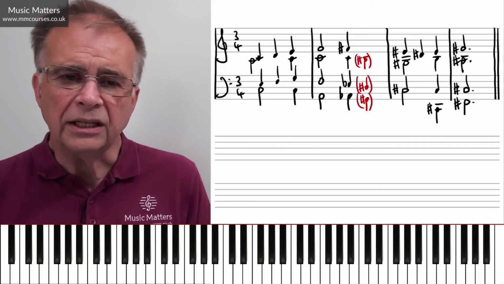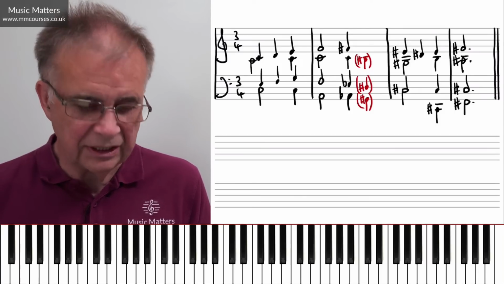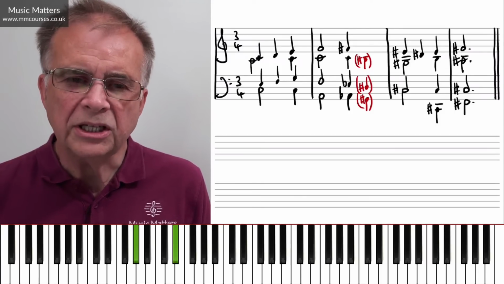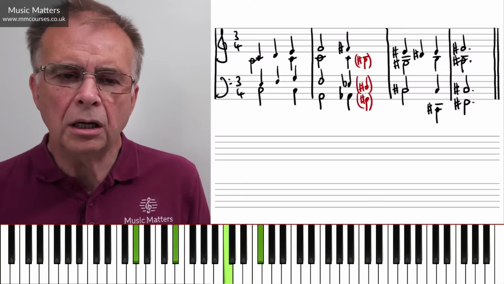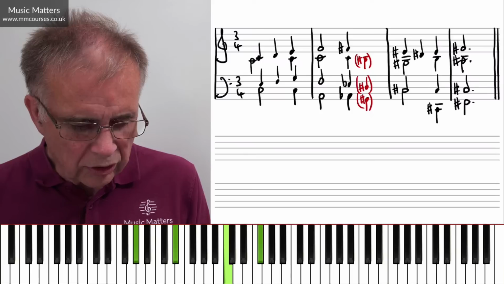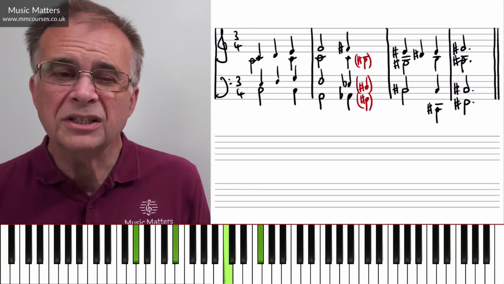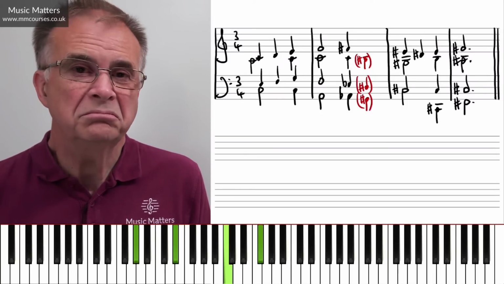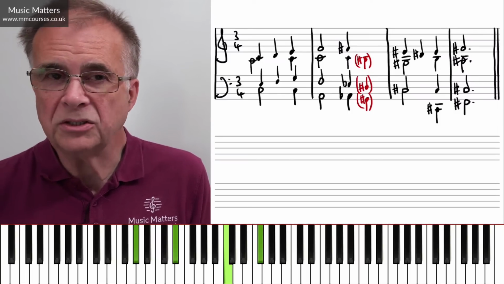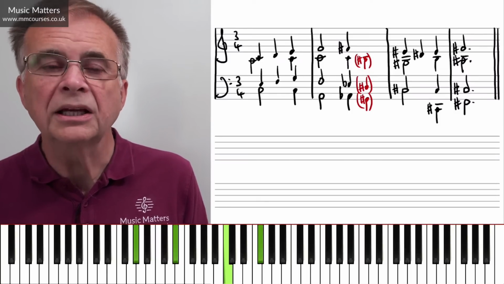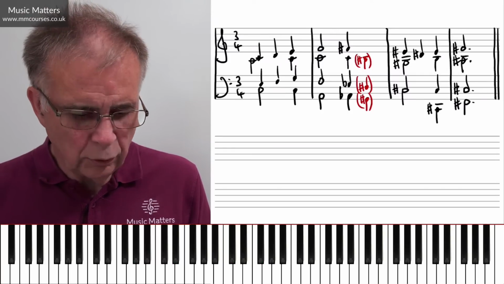But if I call it the same chord, but enharmonically spell it differently, G sharp, D sharp, B sharp, F sharp, what I've now got is a dominant seventh in the key of C sharp. Now it could be C sharp minor or C sharp major, because the dominant seventh will be the same for both of those keys. Okay, so I hope this is all making sense.